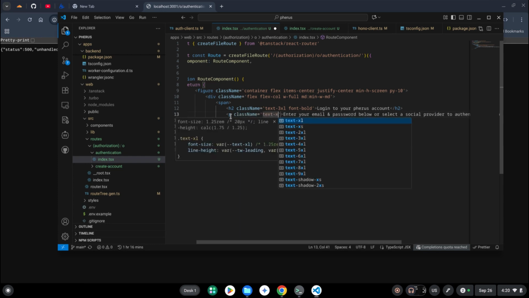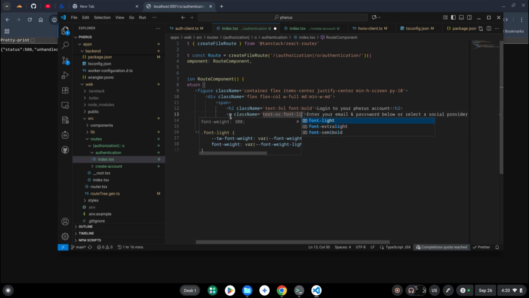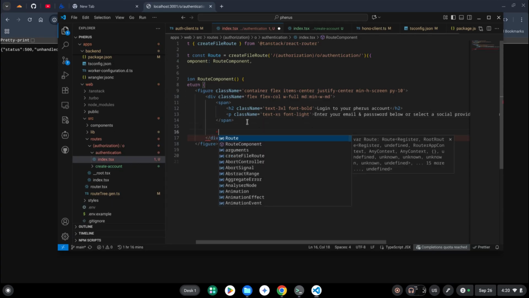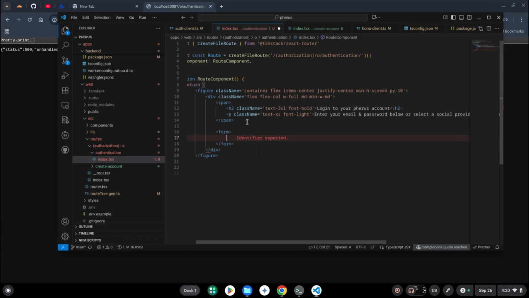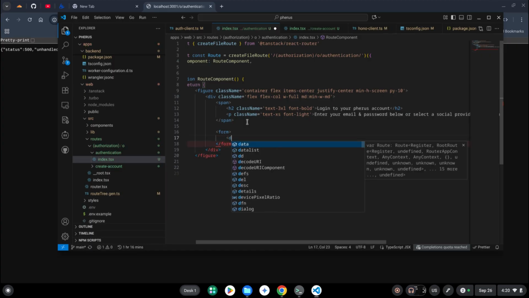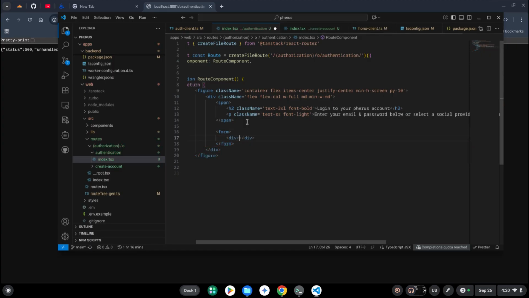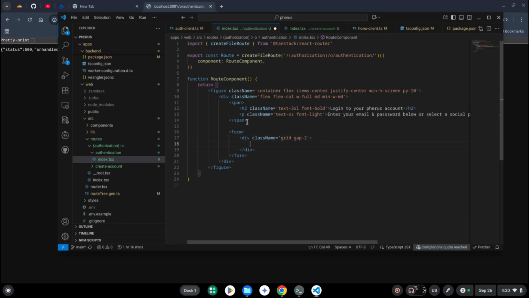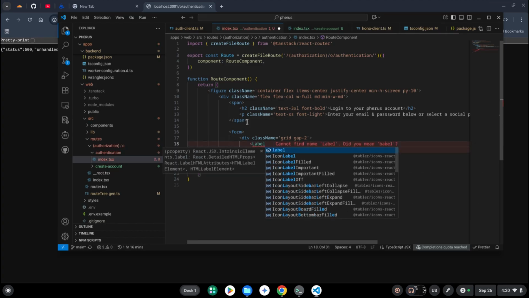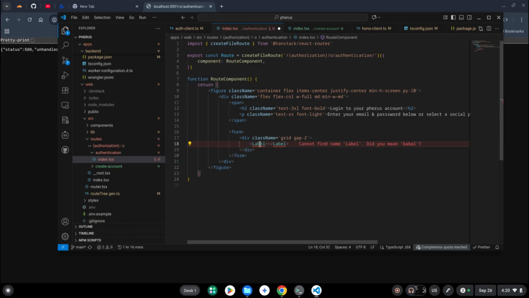And this, we're going to make it small, font light, and then below it we're going to have a form, and inside this form we're going to have a div, and in this div we're going to have a grid with a gap of 2, and inside the grid we're going to have a label, and